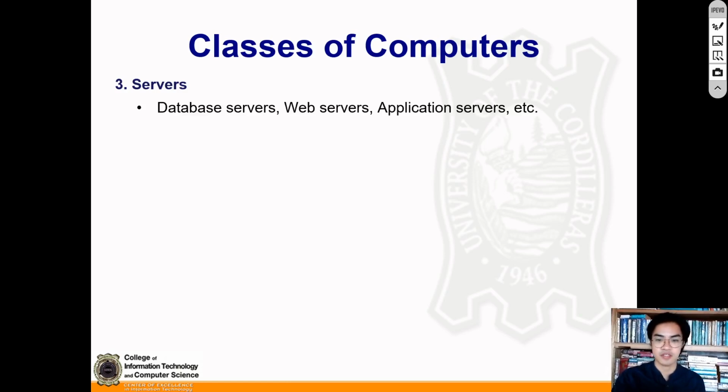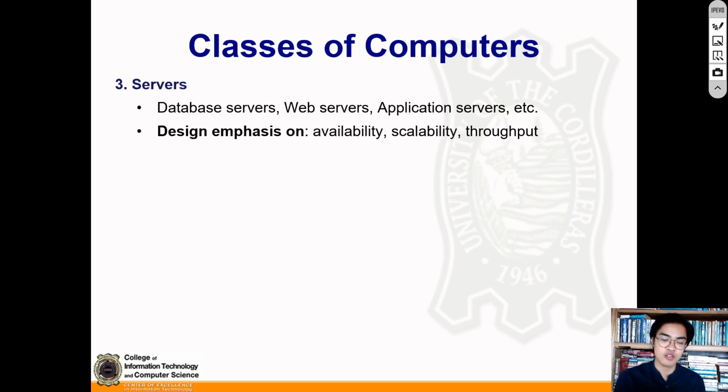Third is servers. Now, servers can be database servers, web servers, application servers. They are usually designed based on three points: availability, scalability, and throughput. Okay. Now, availability comes with redundancy. In CC10, you learned this. Availability of a server comes in redundancy. So you should have backup servers so that if one server goes down, you have another server to cater